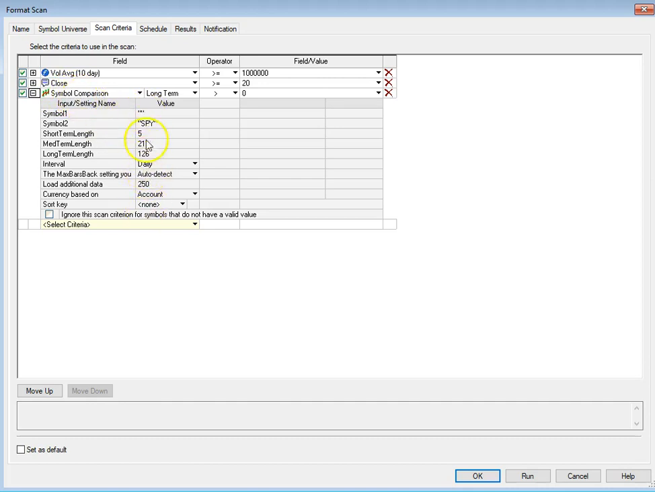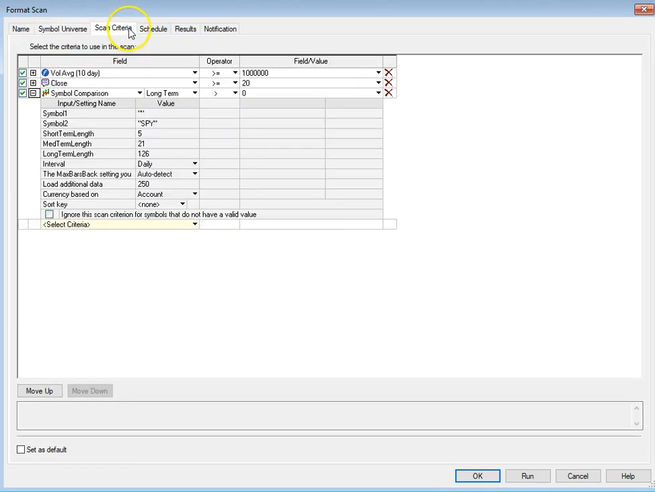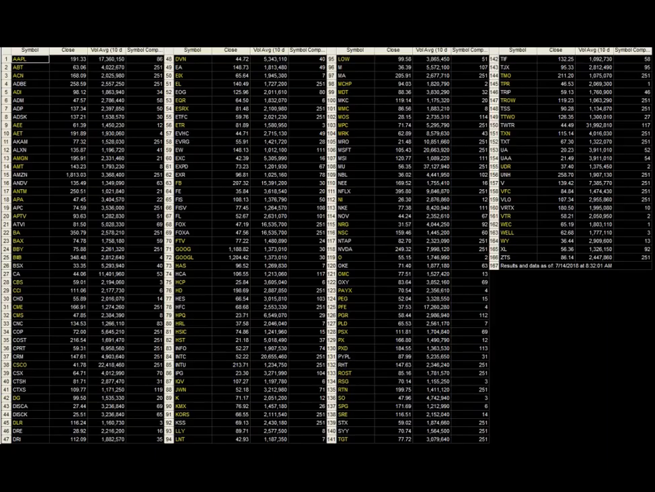These are the default settings, and we're going to look at the long term. Remember, that would be the one that corresponds to the long term length here, which would be 126 days, which is about 6 months in trading days. So we're looking for anything that is above 0, so that's outperforming the SPY over the 6-month time frame. And to show you the symbol universe, I've just got the S&P 500 stocks picked. So there's that, and here's the result, showing you all the S&P 500 stocks that are outperforming the